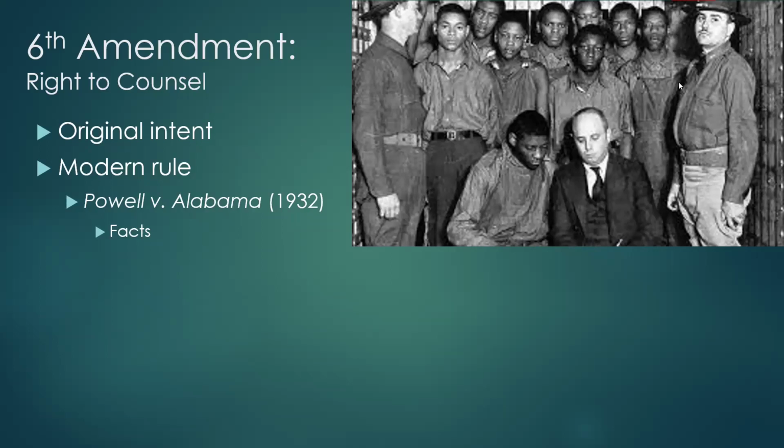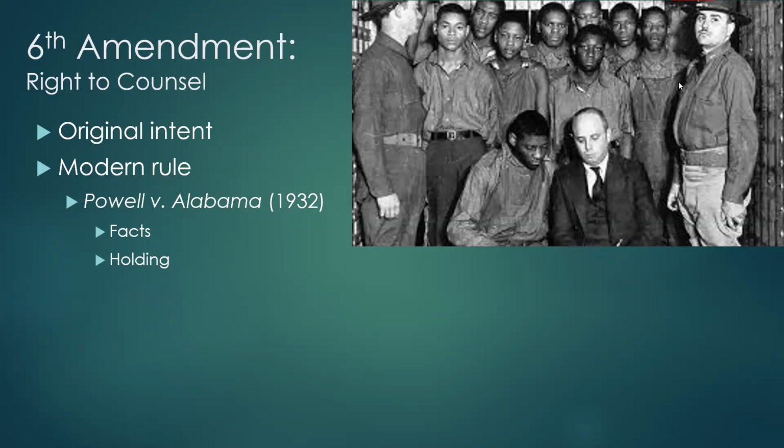But the U.S. Supreme Court did find that the right to counsel is a matter of due process, and it's more than just not interfering with the defendant's effort to obtain their own counsel, but it is an affirmative obligation of the government to see that they receive the assistance of counsel. So here's the language from the case. It makes it pretty clear.